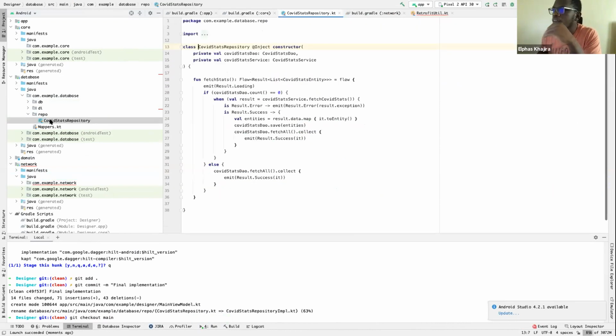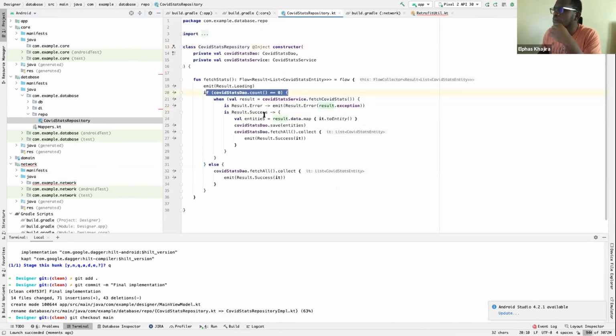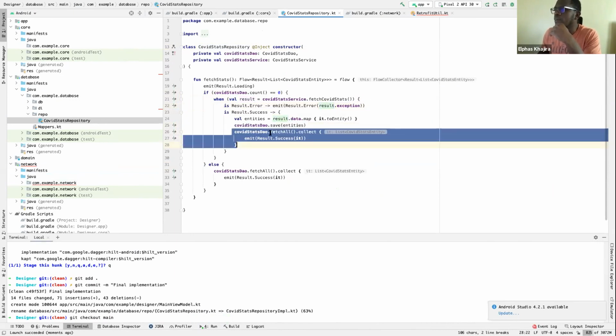So what we've done is we'll check if our database is empty. What we'll do is hit the API, get some results, and then save those results, and then emit those results to the user interface to display. Now, with this structure, what happens in this scenario is if I go to my